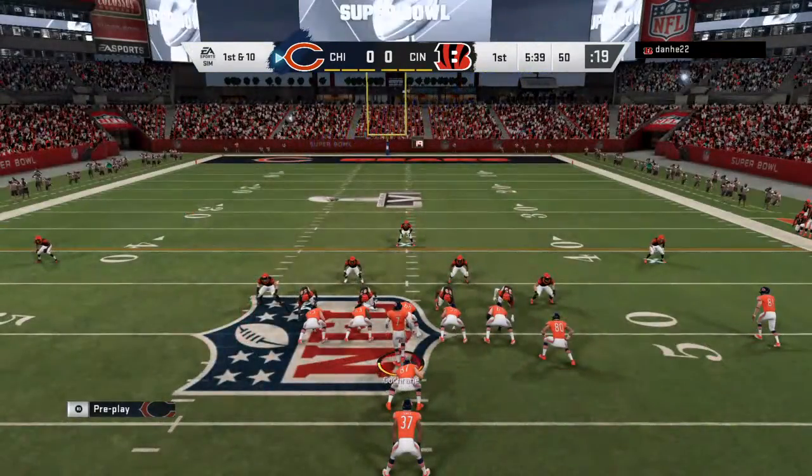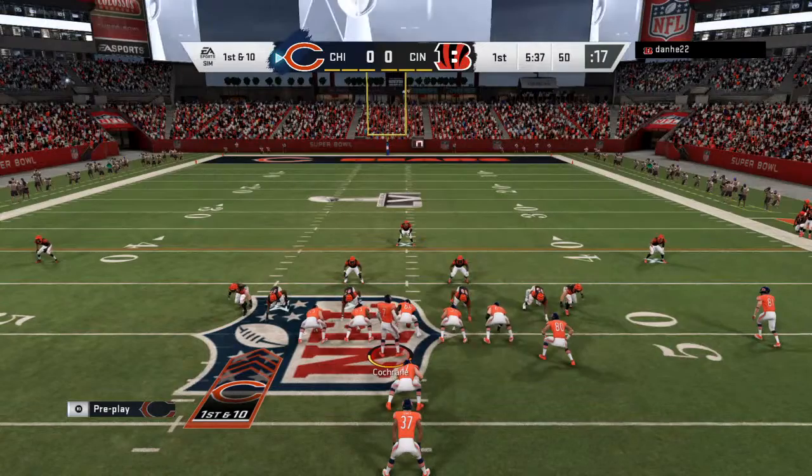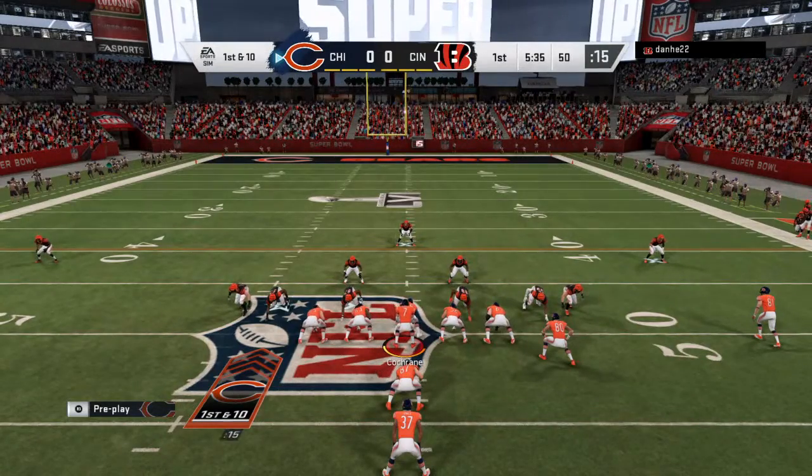Set, ready? 70, Indy. Give me that ball, defense. Give me that